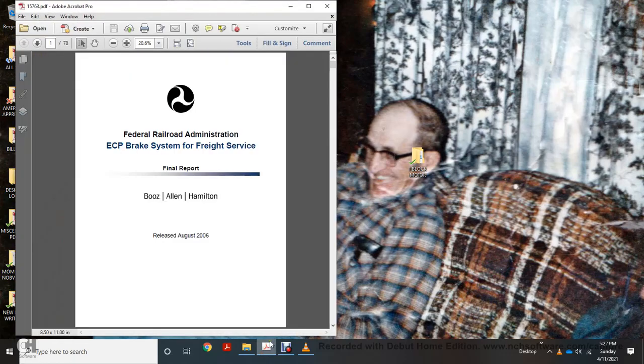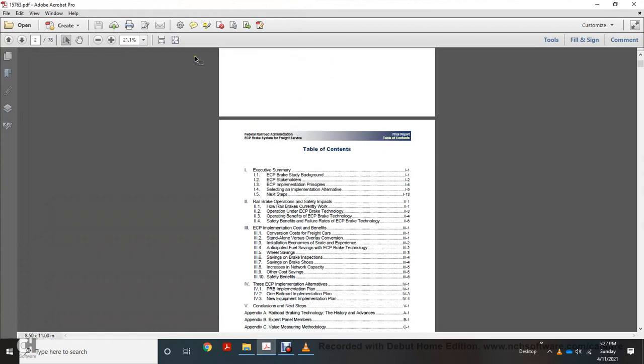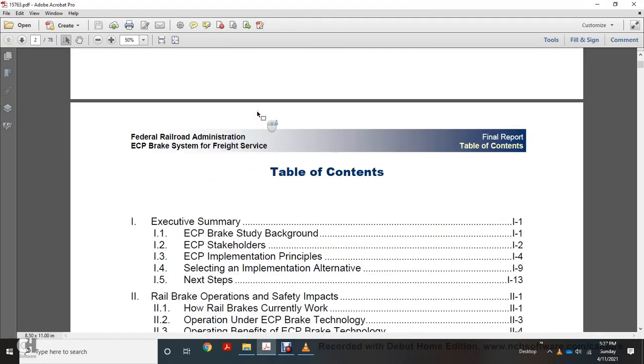Alright, Federal Railroad Administration, the ECP brake system for freight service final report released August 2006. Table of contents: executive summary, ECP brake study background, ECP stakeholders, ECP implementation principles, selecting implementation, alternative next steps, rail